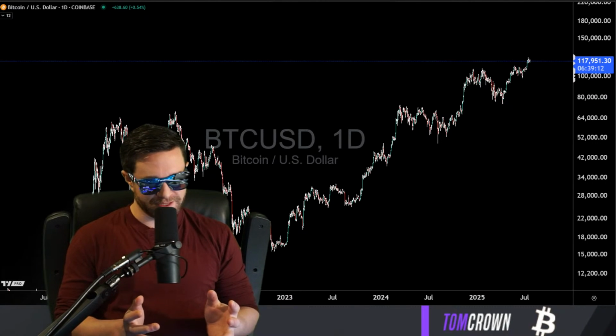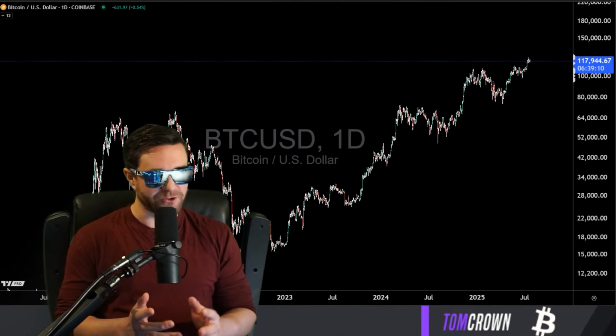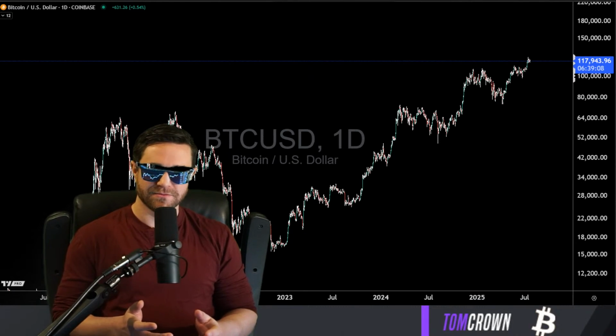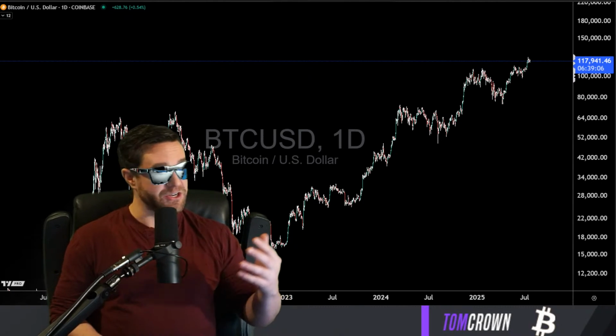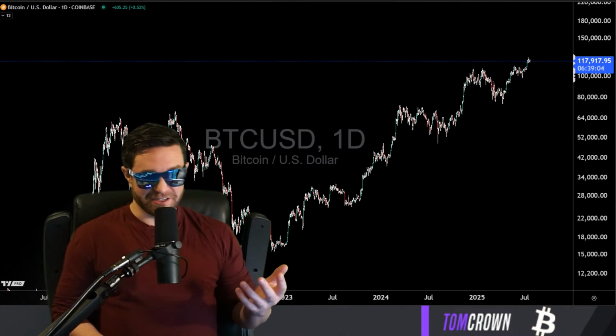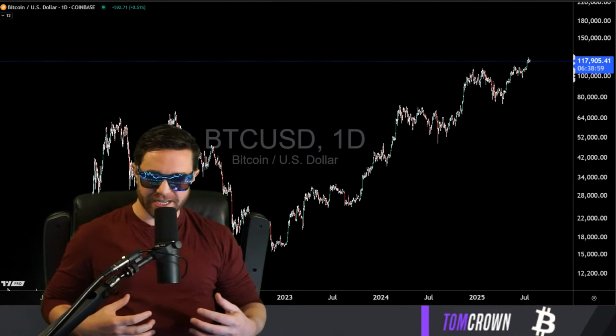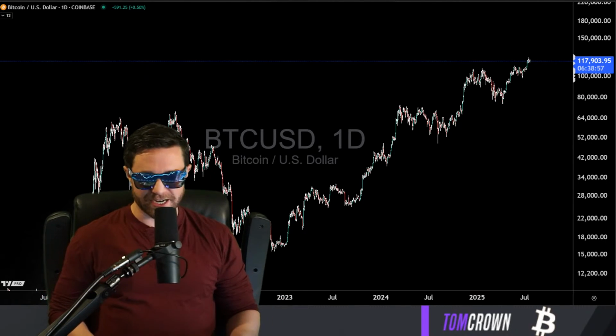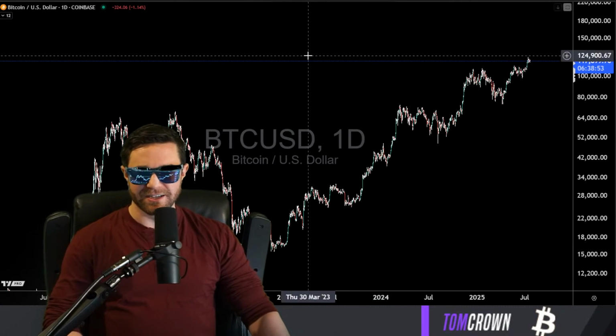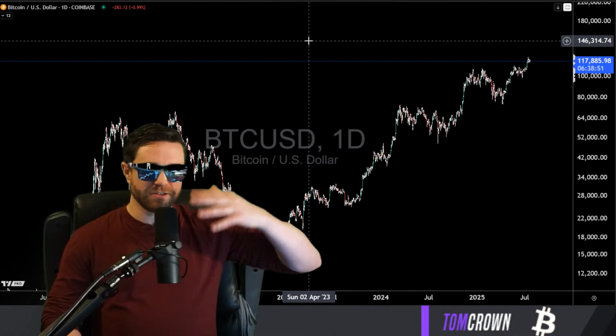And the problem is that will be the final move of the cycle. After that, the cycle will begin anew. And unfortunately, it begins with a year of pain, maybe. Alts will see huge downside drops. Bitcoin will see downside moves as well. It won't move down as much as alts, but alts will essentially increase that appetite.